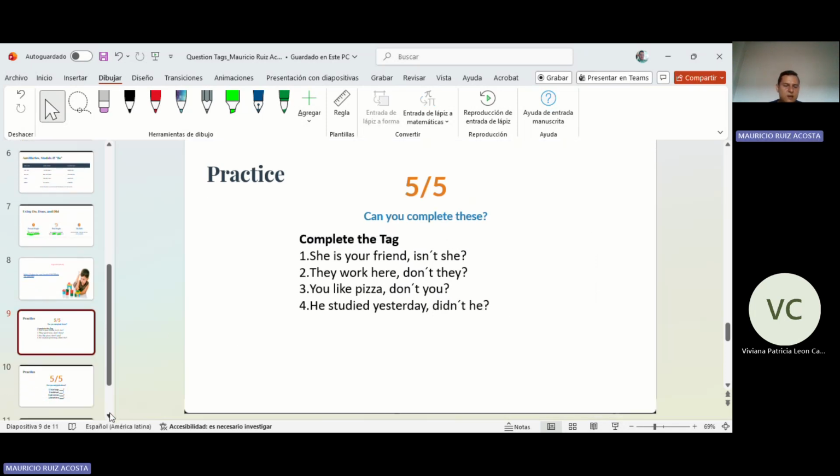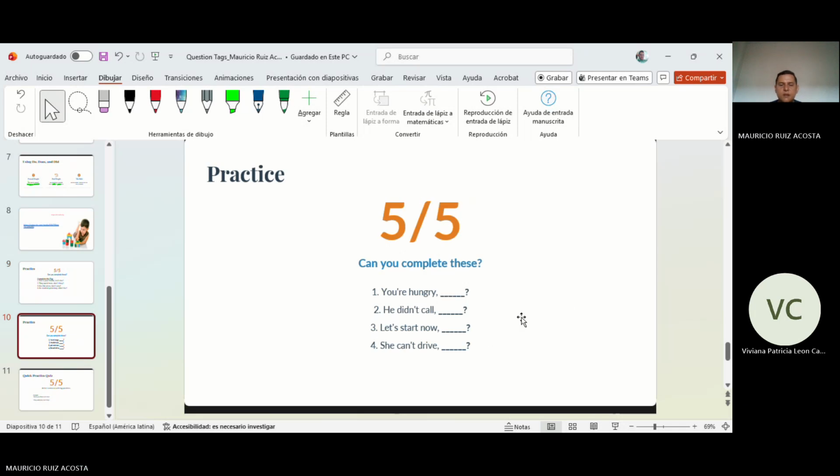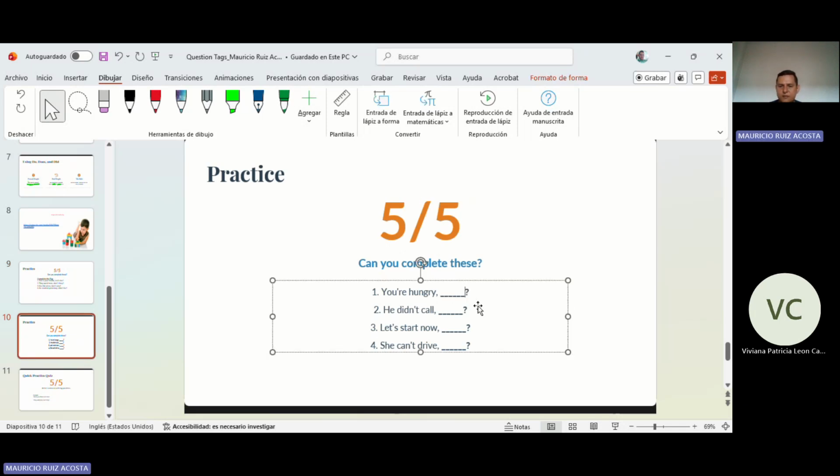Another exercise for this. If the question is related with the verb to be, then we must answer with the verb to be, and if the sentence is in the positive way, then we must answer in the negative way. Remember,